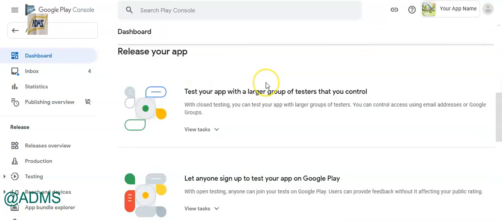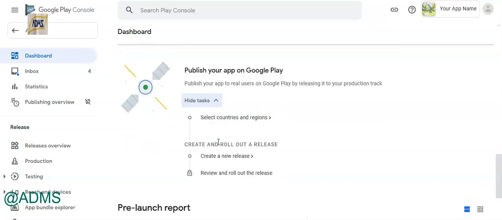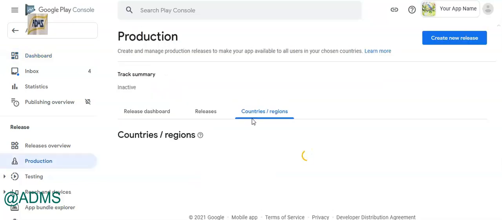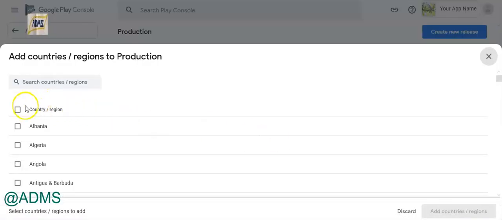Just scroll below and you will see this publish your app on Google Play. And you will see this link, view tasks. You need to select countries and regions where your app will be available. So click there. Just click here and all countries will be selected. And finally click add countries and regions.